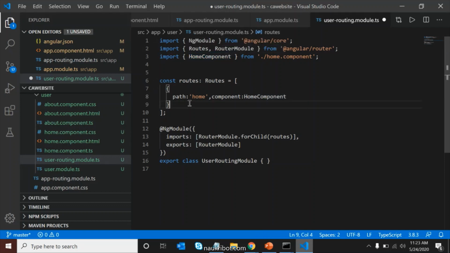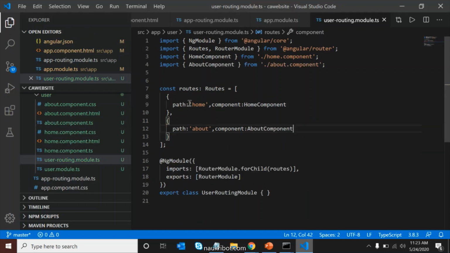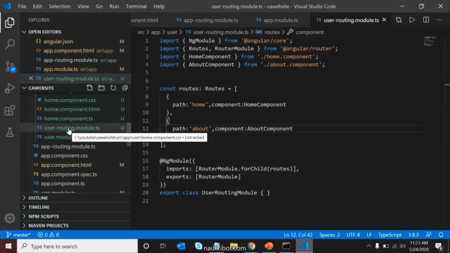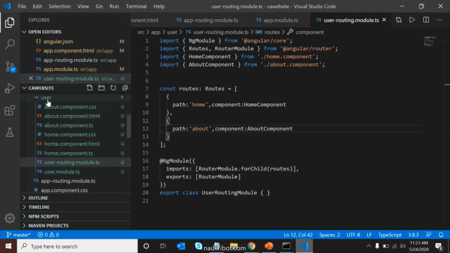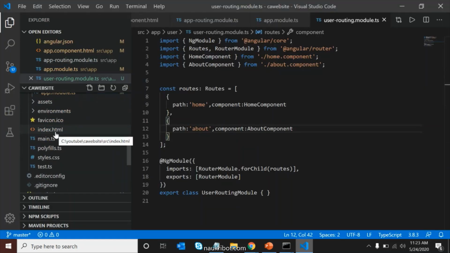Correct? Now I will just define one more route, like the route for about. So this is the about route, and here I will include the about component. So these two files are included in the route folder. Now we don't need to do anything. It is just my first work is done, and now same way we will do. So I just wanted to check if it's working or not.